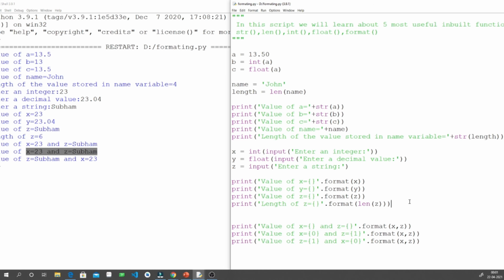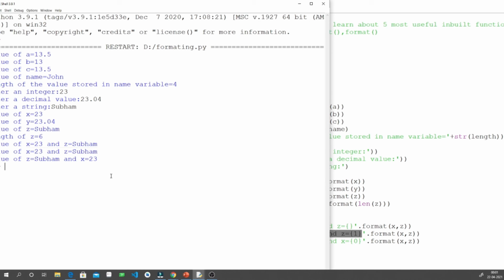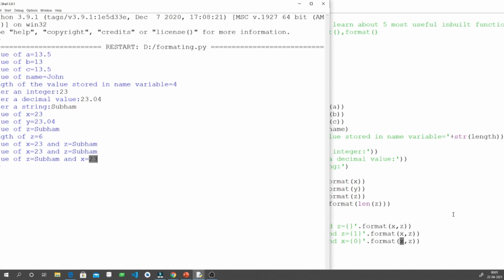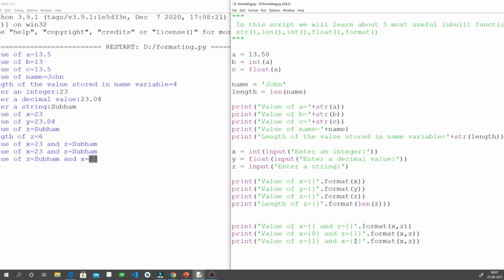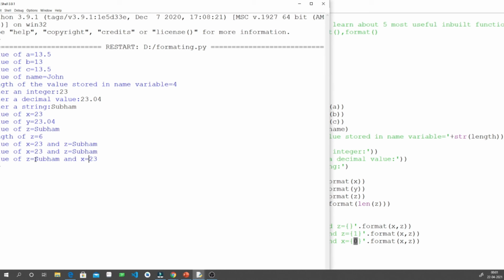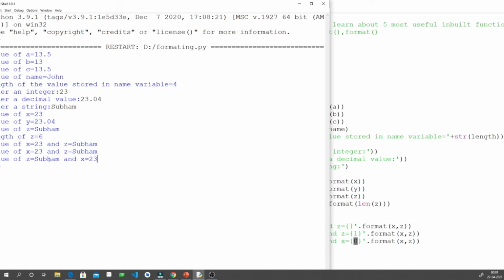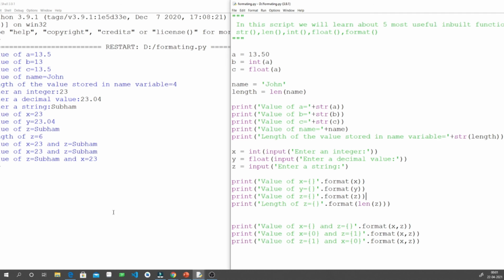Here also it printed sequentially, but here at the last we have changed the order, right? So 0 will be at the second position, and z will be at the first position. We have interchanged the order here, so it is printing in this form. z is actually the string, so we print the string first and then the x value.